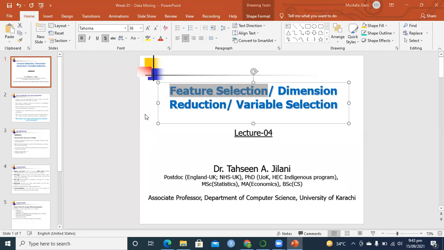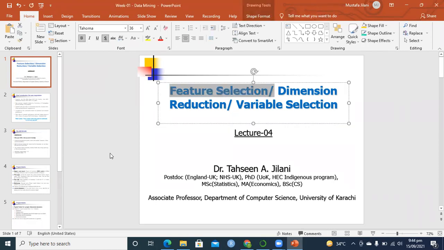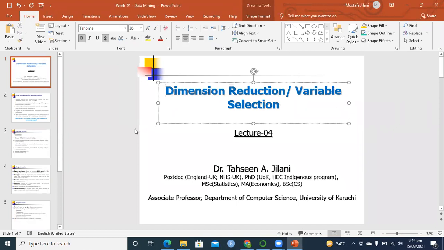selection. But if I use the word feature selection, then I have to teach you regularization. I think you are studying operation research nowadays, or maybe last semester you did operation research. When I say regularization, it has something related to optimization procedures, linear optimization and quadratic optimization. So I will not say that we are going to discuss feature selection, because it has more concepts and more details from machine learning. So we are basically doing the second and third. I remove this, dimension reduction or variable selection.